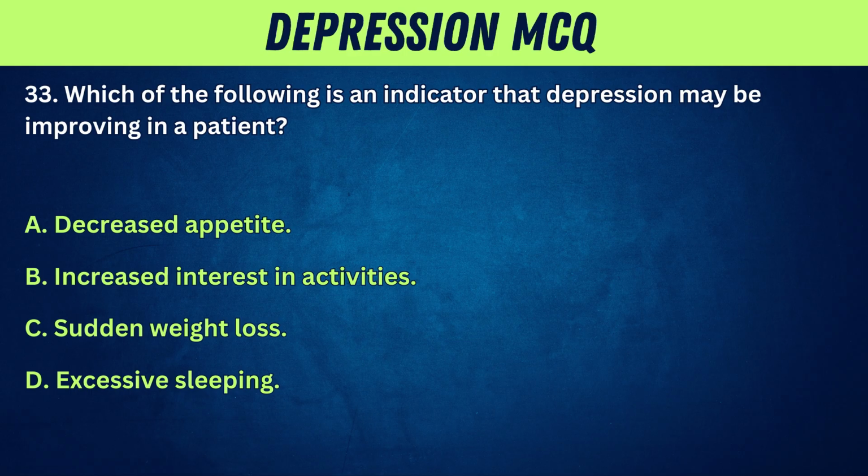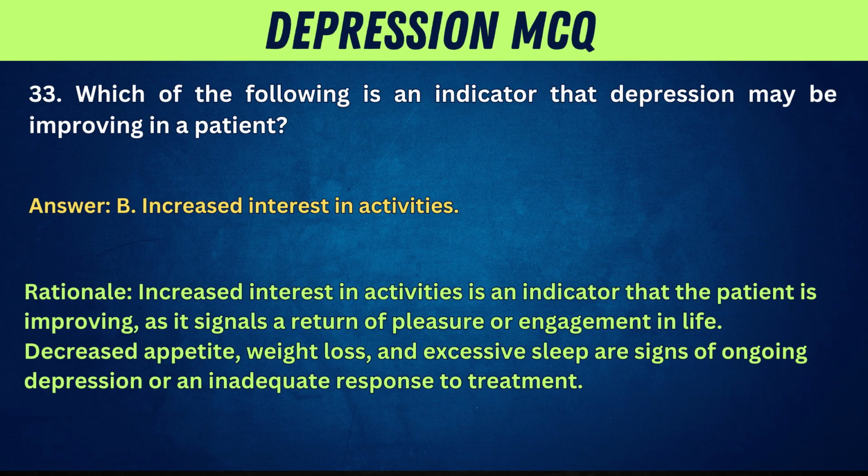33. Which of the following is an indicator that depression may be improving in a patient? A. Decreased appetite. B. Increased interest in activities. C. Sudden weight loss. D. Excessive sleeping. Answer: B. Increased interest in activities. Rationale: Increased interest in activities is an indicator that the patient is improving, as it signals a return of pleasure or engagement in life. Decreased appetite, weight loss, and excessive sleep are signs of ongoing depression or an inadequate response